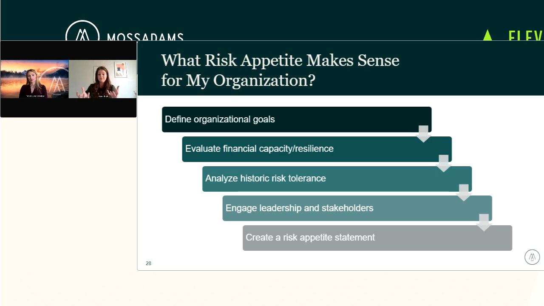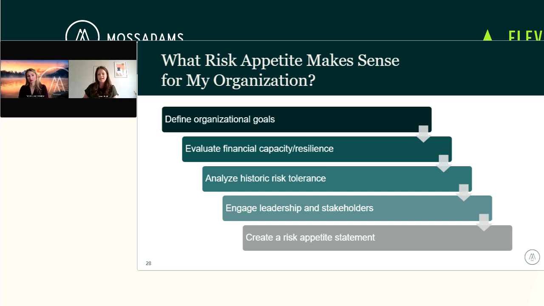And again, both of those can be the right choice for your organization, but looking at that historically can be a really important input into your development of a risk appetite statement. And then you want to take those different pieces that we just talked through, those top 4 pieces, and use that to create your risk appetite statement. So you're really formalizing a clear statement that outlines acceptable risk across the different parts of your organization to guide